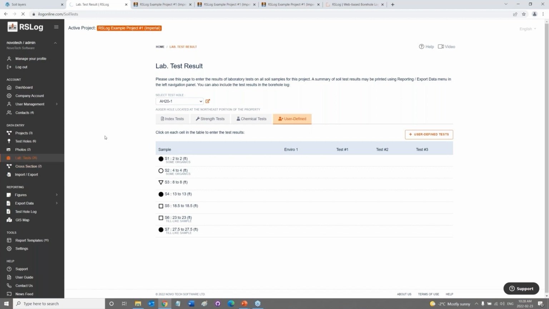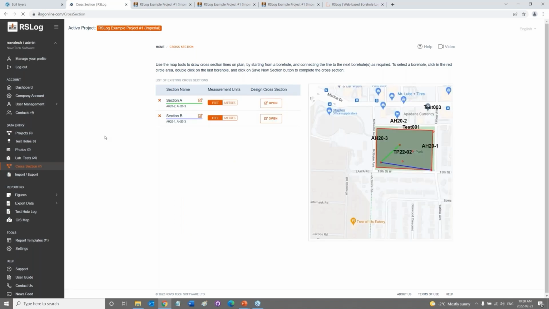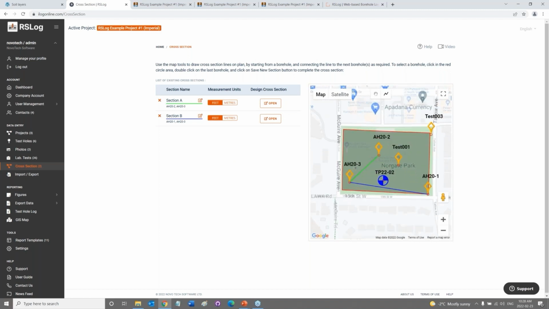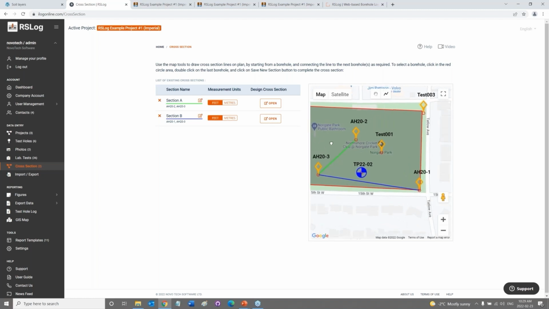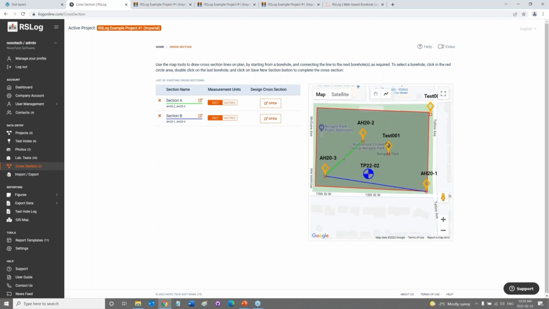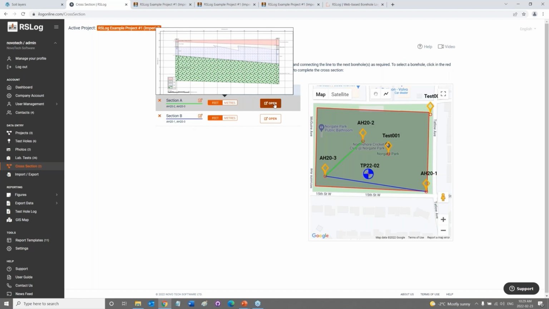We go to the cross-section page. So you have your borehole data, and it will be nice to be able to connect these together and make a cross section, right? So what we have here is a plan view of all your boreholes, and if you want to define a new cross section, what you need to do, you just connect these boreholes together, like these red circles. You just connect them together and you create a new section. Once you have the section, you click on open,